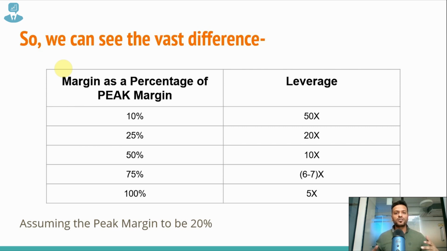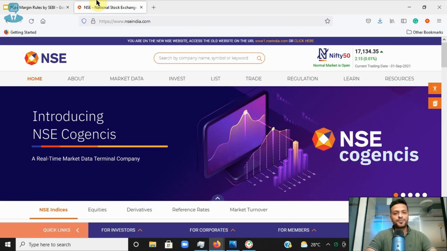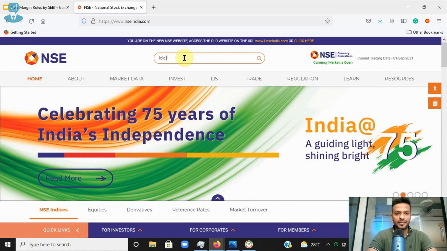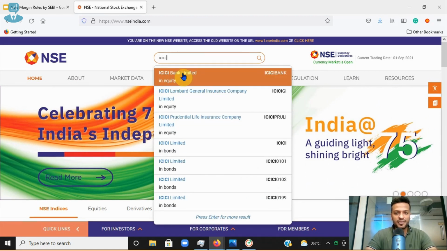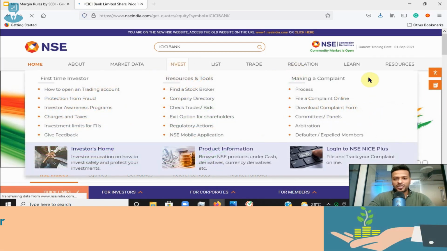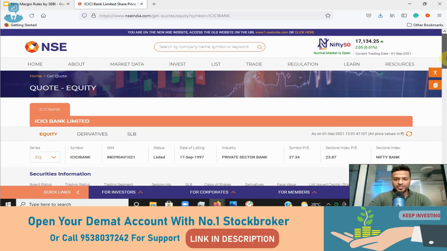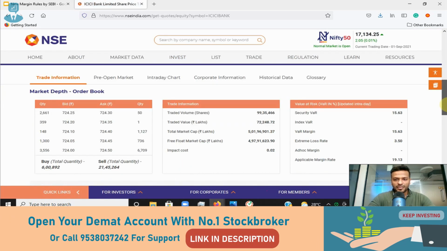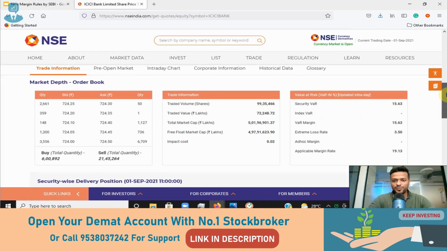Now, let us find out how one sees the peak margin required to trade a particular stock. All you have to do is visit the website of NSE. To see the peak margin of, say, ICICI Bank, you just plug in ICICI Bank here and you will see something called VAR, that is the value at risk. If you go down the right hand side, you see the VAR, the value at risk, which shows the amount of peak margin, which is